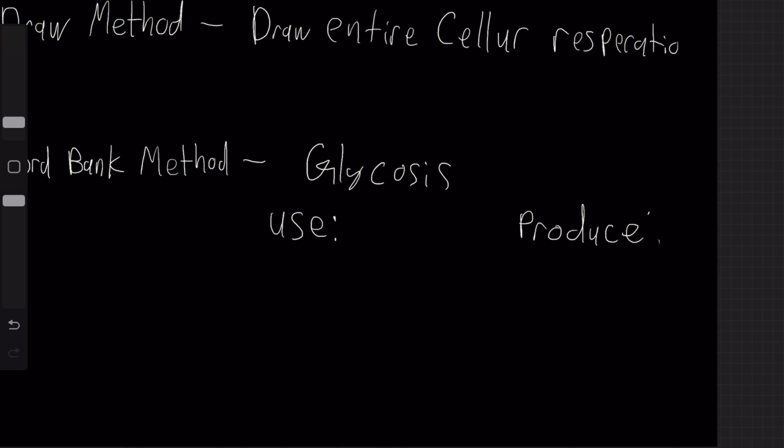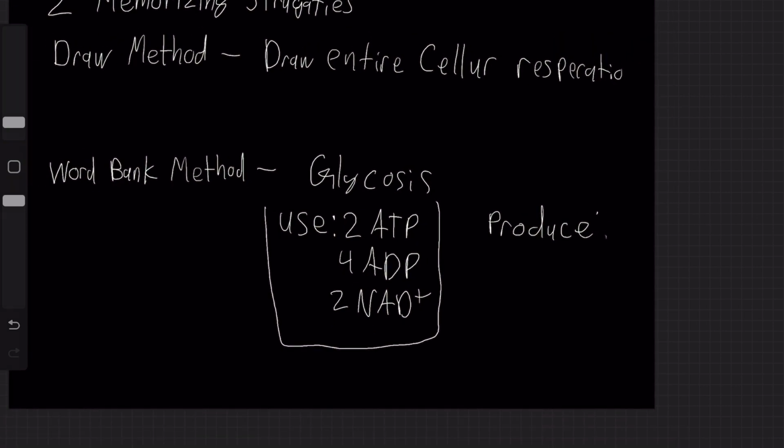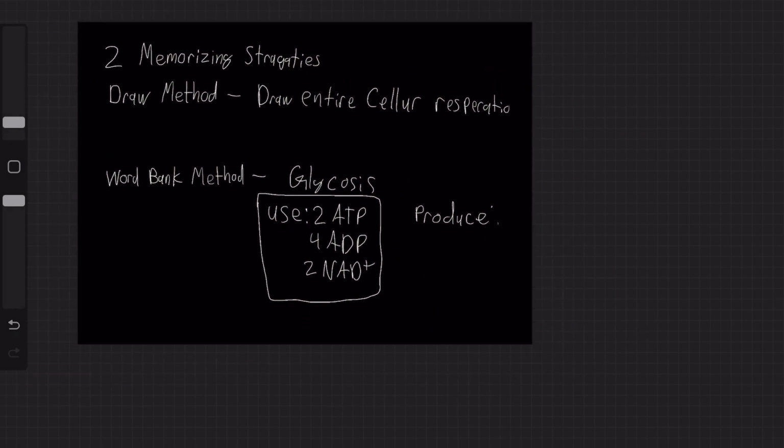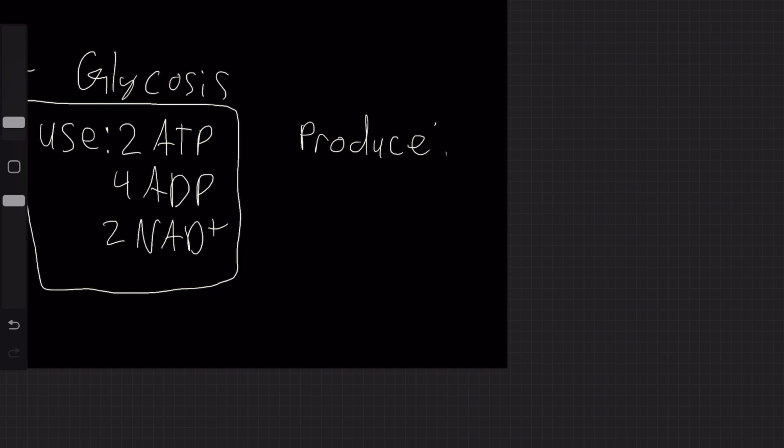For example, in glycolysis, you use 2 ATP, you use 4 ADP, and you use 2 NAD+. So this would be my word bank for what glycolysis uses, and I'll show you how I use that method. And then for producing, I know that I produce